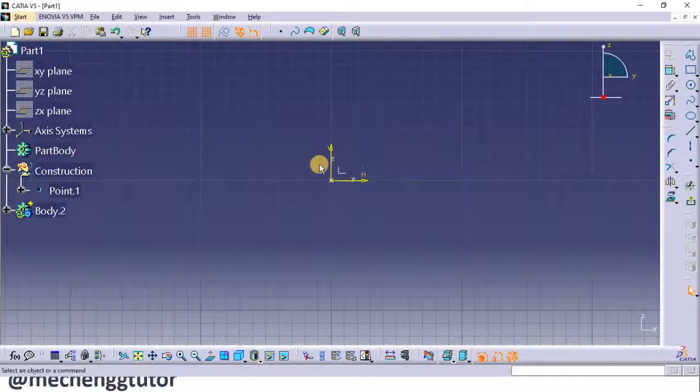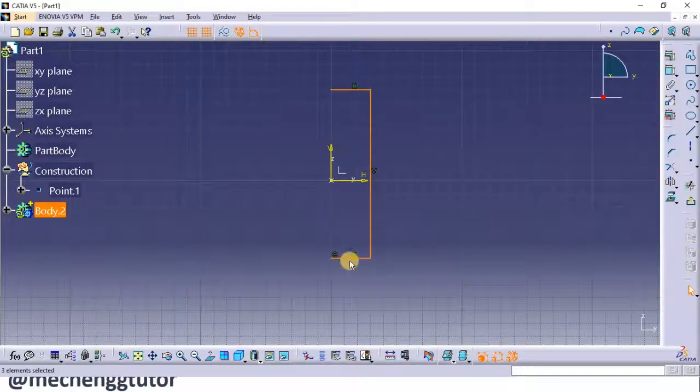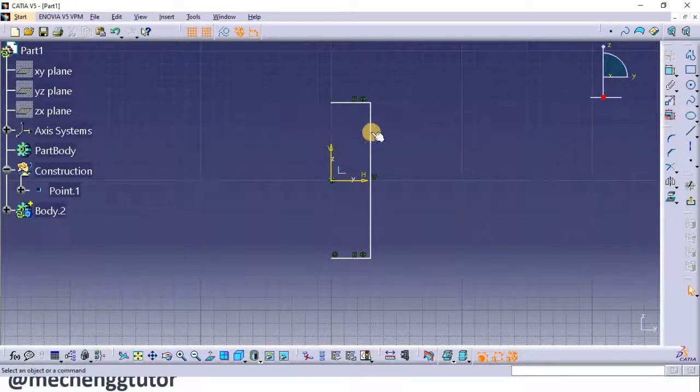So now, as I said, I want a cylinder of diameter 30 mm and height 50 mm. So for that, I'll go to this profile command and I'll draw a profile over here which will resemble half of the cylinder. Now this profile, I'll have to constrain. So I'll just constrain these first with the geometrical constraint. So I go to this geometrical constraint and say symmetry. So the symmetry is done now, and I have to give the distance over here.